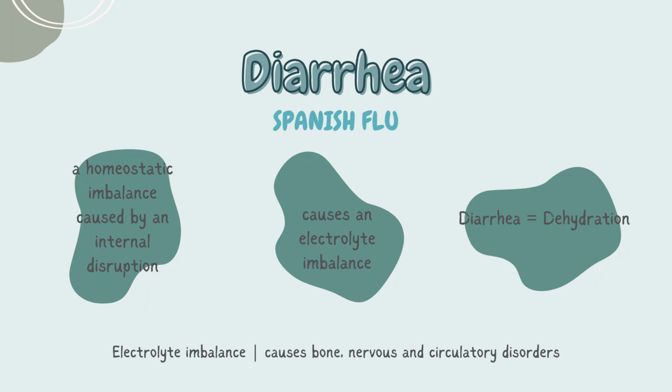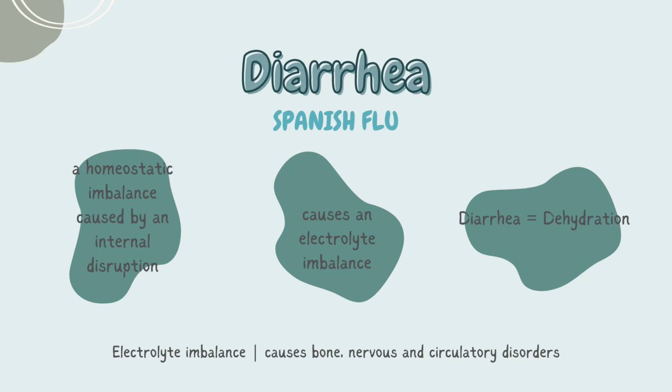Diarrhea is also a homeostatic imbalance caused by an internal disruption, which in this case is a viral infection. It is a bowel concern that causes an electrolyte imbalance in our body. Electrolytes are essential minerals in muscle, nerve, and bone functions. They maintain normal heartbeat, blood pressure, and fluid balance in our body. When we experience diarrhea, we also experience dehydration, and dehydration leads to an electrolyte imbalance, which can further cause bone,